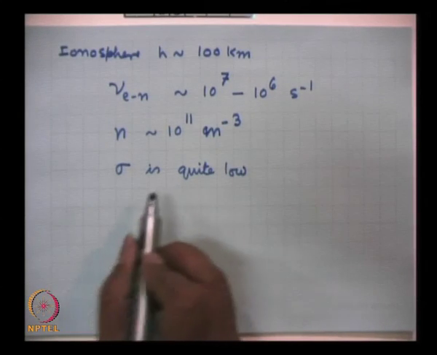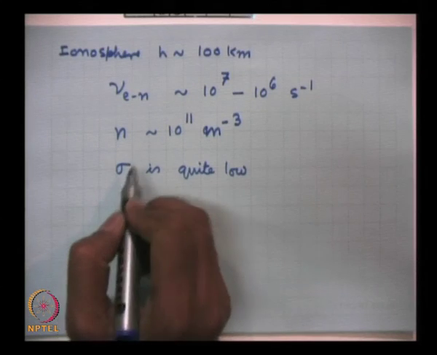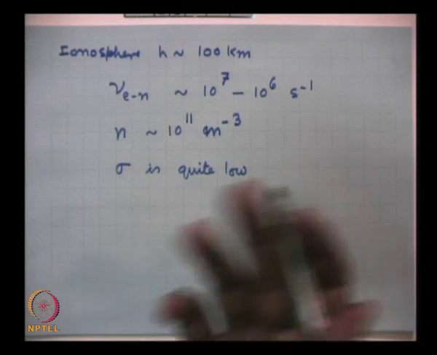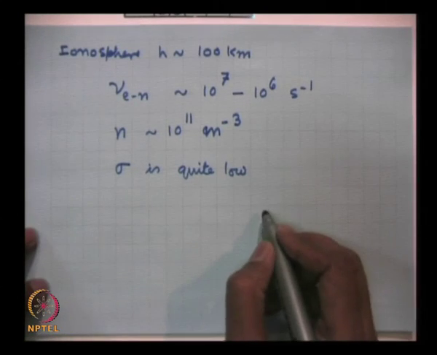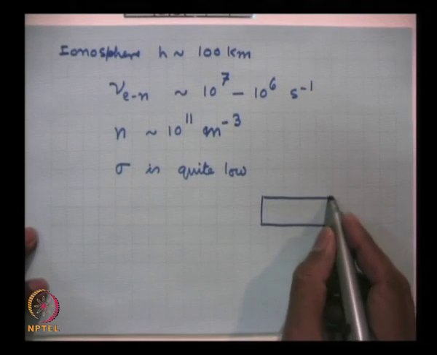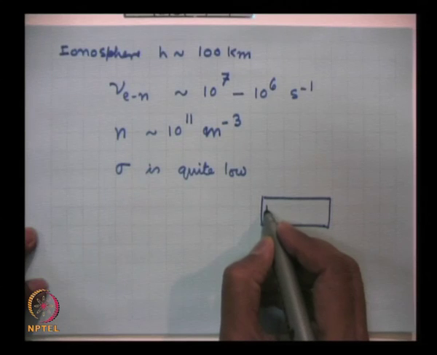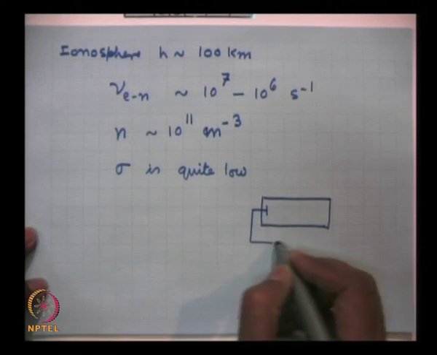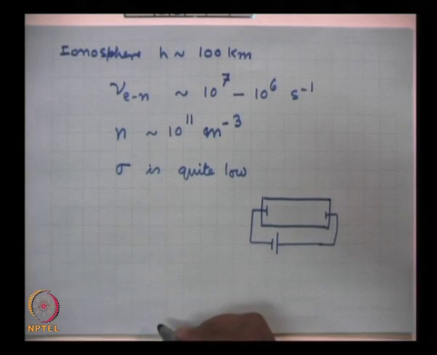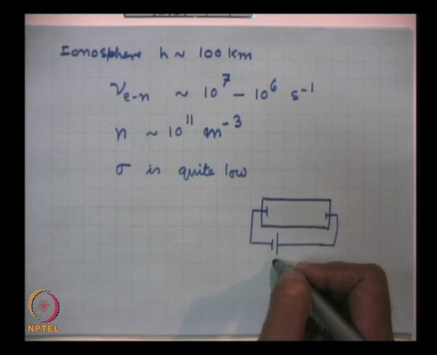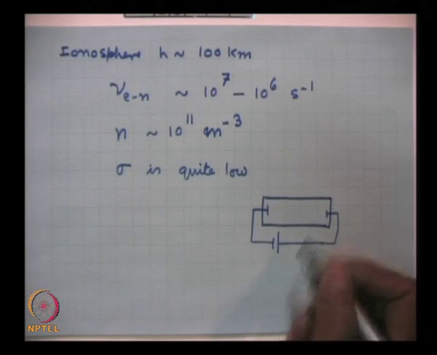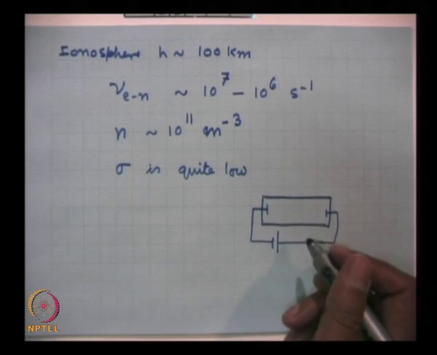However, even in plasmas of low conductivity, something very important happens. In semiconductors also it happens that if you increase the value of the electric field, what will happen? So, consider a plasma or a semiconductor. If you apply an electric field to a plasma like this, if you increase the electric field voltage just up to a few hundred volt in a plasma, or just 100 volt, that is good enough.